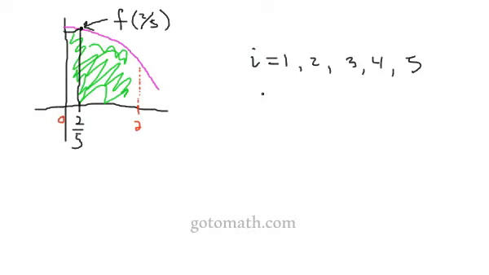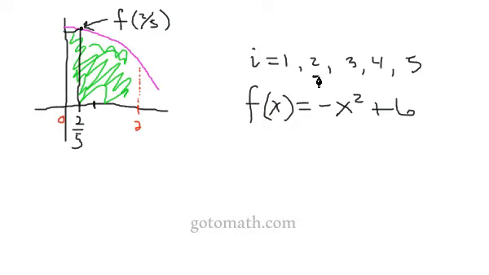Now of course our function, remember, is negative x squared plus 6. So if we wanted to find the y value, we would plug 2/5 into the function here to get the y value. And then of course we come over,